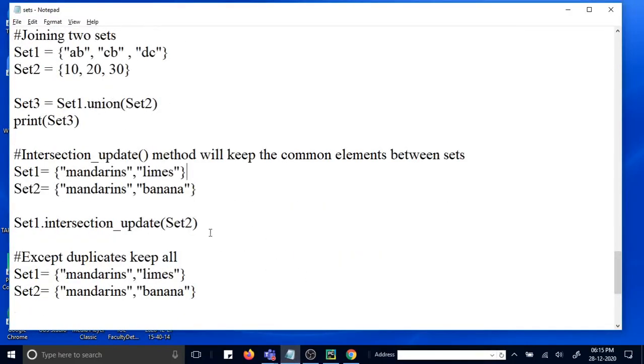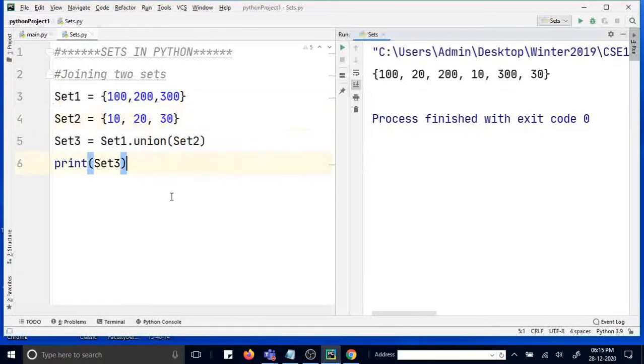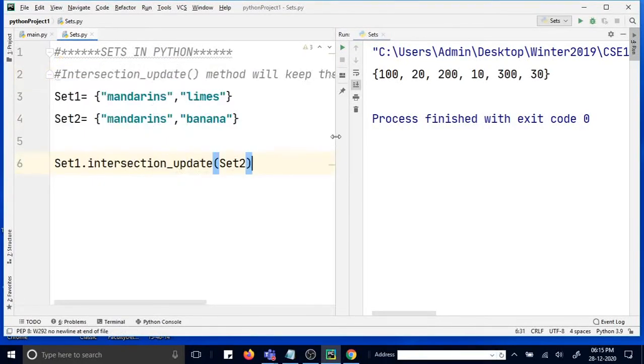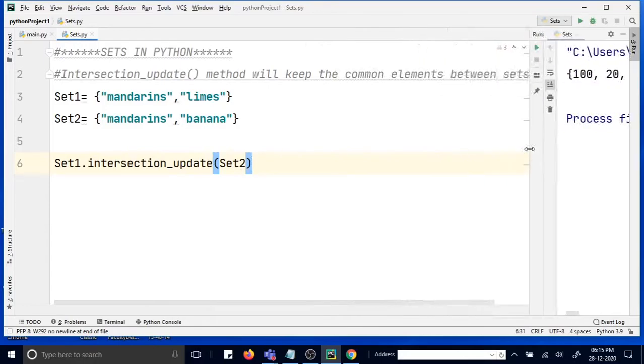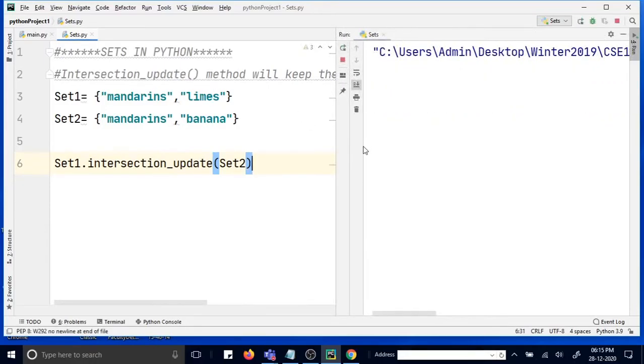Intersection, already you have shown intersection, and then there is something called intersection update. So intersection update method will keep the common elements between sets. Okay, let us say this one. If we run intersection update, what is the difference between intersection update and normal intersection? Keep the elements that are common. Okay, so if you run it, and then you have to print it, right?